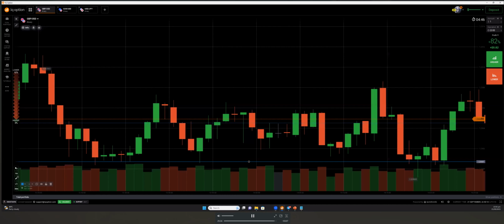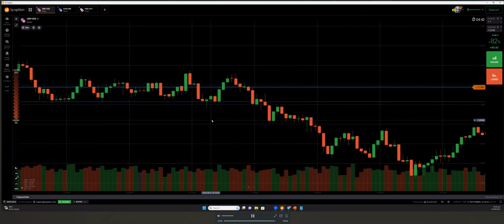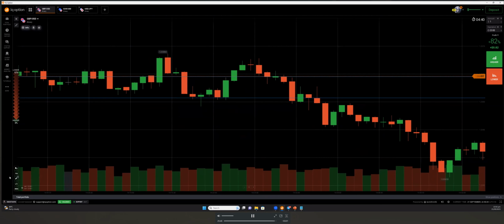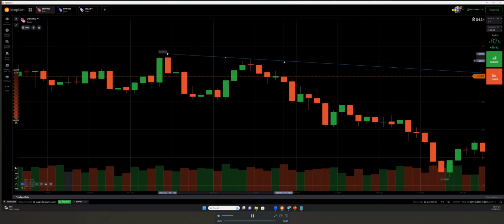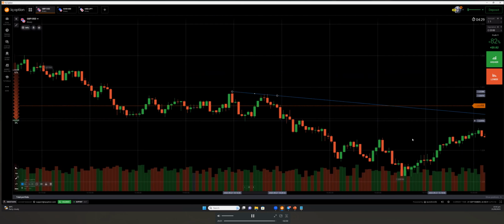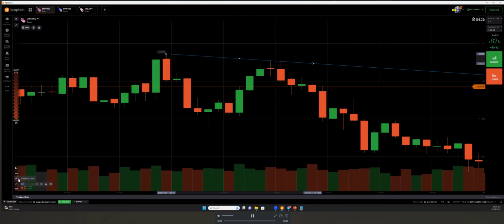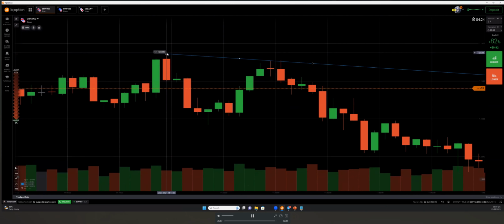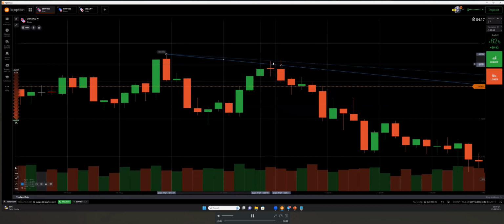On the chart, if I want to draw the support and resistance, I draw the trend line like this. If I draw from this point to this point, you can see the price is not coming back. Look, the price is not touching here. But if I select this point, is it better? That will be better. That will be on a similar point.